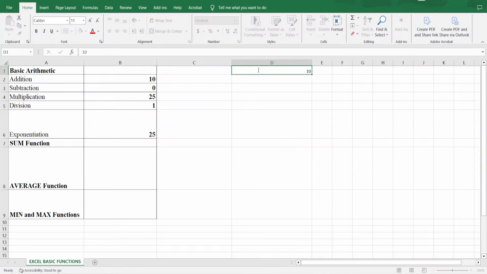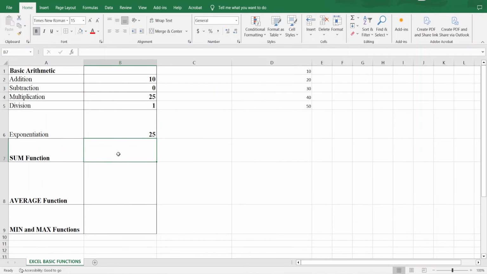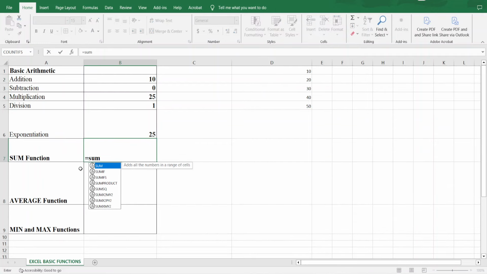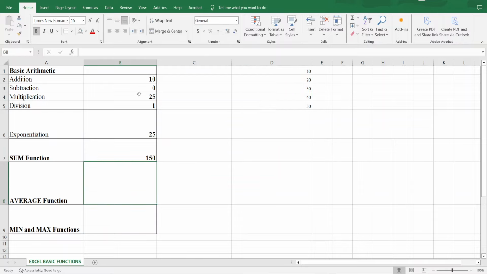Now after that, suppose I want to sum up 5 entries. Entries are 10, 20, 30, 40 and 50. I want to sum up all these 5 entries here. So what is the formula for that? So the function or the formula for that is equal to SUM. So I will be selecting the range here, and then bracket close, enter. So it is giving me the sum of all these 5 entries,